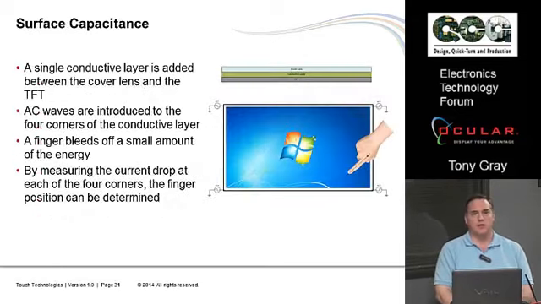So this is an interesting idea. Here what you're doing is taking a conductive layer, putting it on top of the TFT, and then you're injecting an AC signal into each of the 4 corners. And as you do that, what you're doing is creating a current across the touch panel that is driven by each of the 4 corners. So when a finger comes down and touches the touch panel, it draws off a certain amount of that current, and you can basically measure the current draw at each of the 4 corners, and then again correlate where the